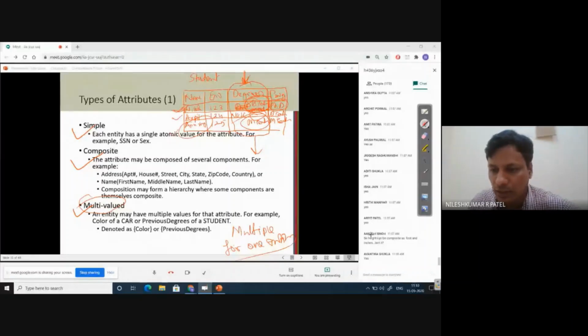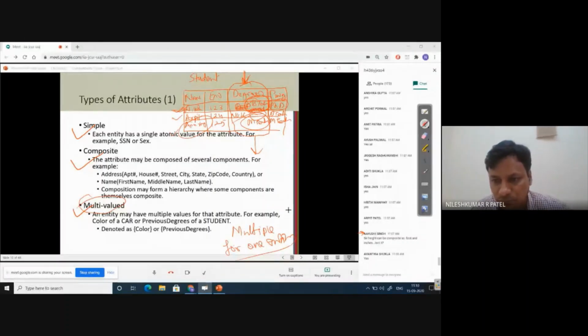No, Ayushi, you cannot say that height can be composite as feet and inches. It is just a conversion. We will discuss that part a bit later. It is not a composite attribute. If we measure in that unit, then it is okay. It is just a conversion.